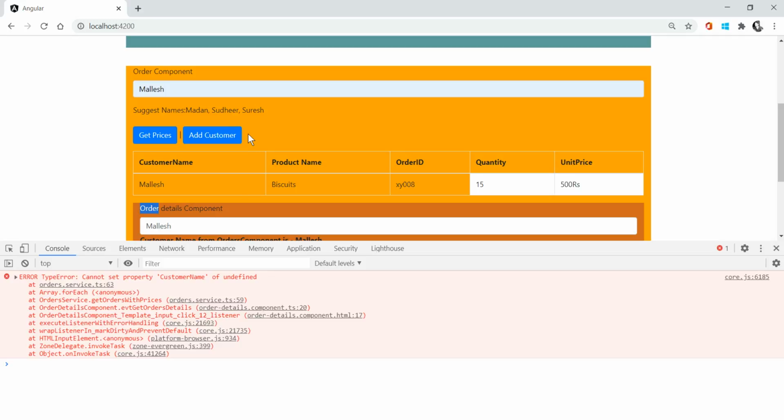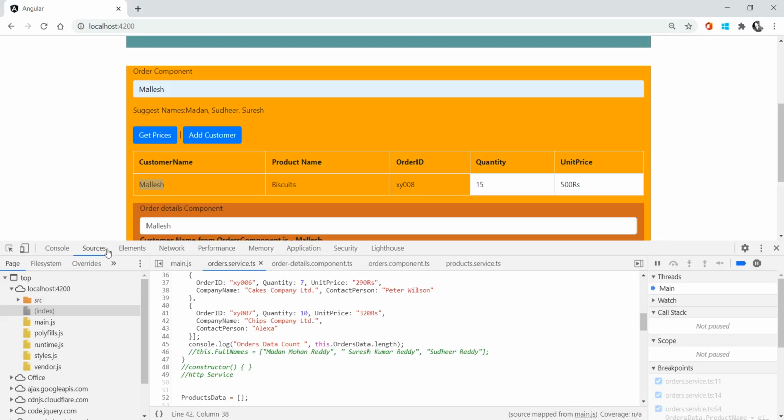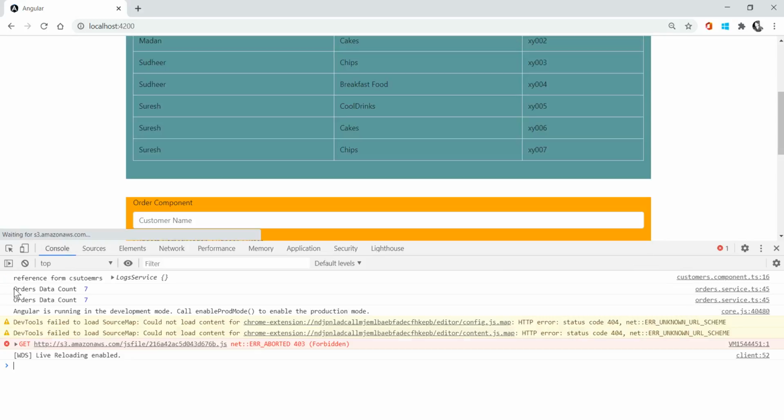So whenever I add the customer, Mallesh is available only in the instance of the orders component, not for the order details component. How can I say that two instances are created here? If you refresh, see here, I am getting two values, right? Orders data count 7 and order data count 7. These two indicate two instances.